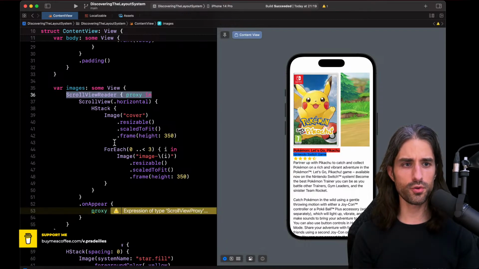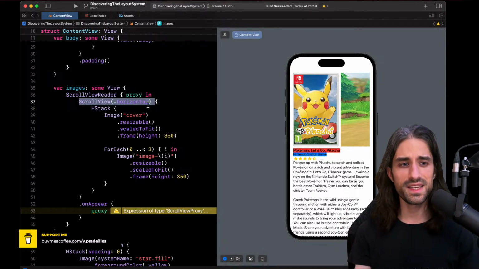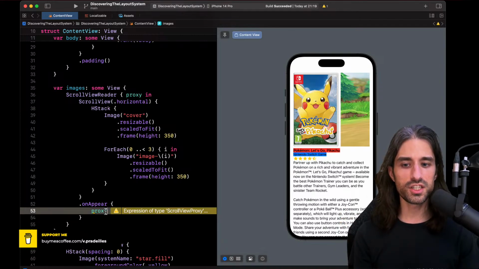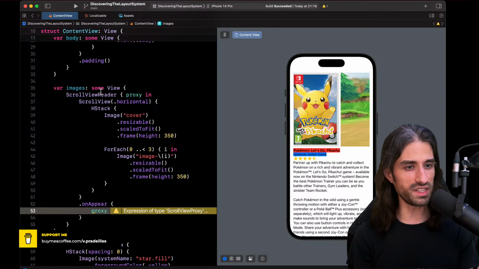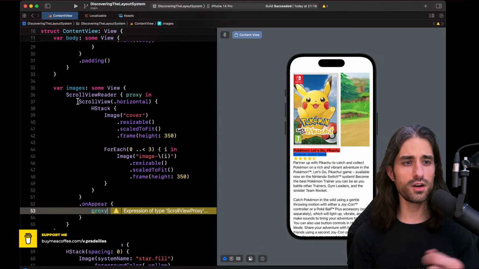And what the scroll view reader will do is that it will take a look at its child views, and if it finds a scroll view, then it will take care of relaying, we could say, the messages we're sending to the proxy. So basically, when we call something on the proxy, the scroll view reader takes notes, and then it looks, okay, do I have a scroll view inside of me? Oh yes, I have one.